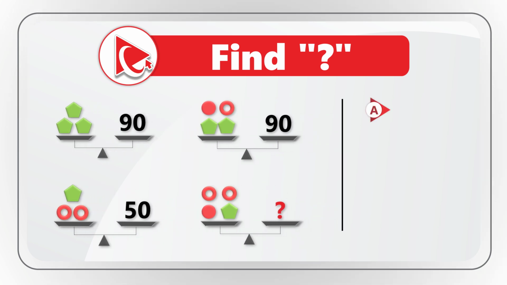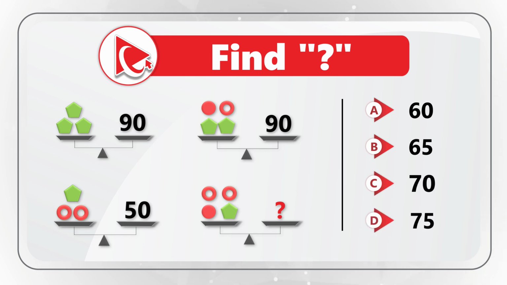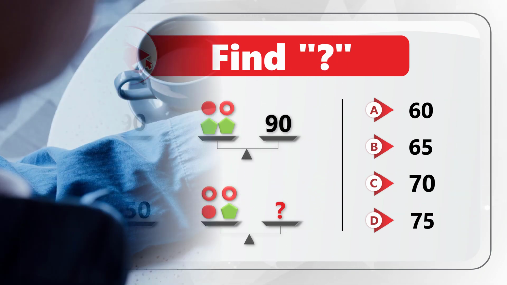Choice A, 60. Choice B, 65. Choice C, 70. And then last but not least, choice D, 75. Take a close look. Maybe pause this video for 10 to 15 seconds to see if you can come up